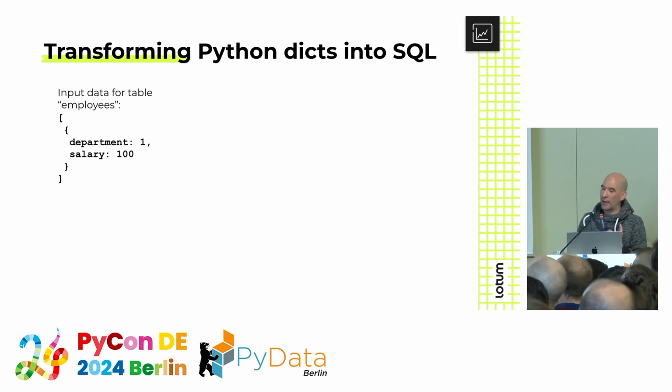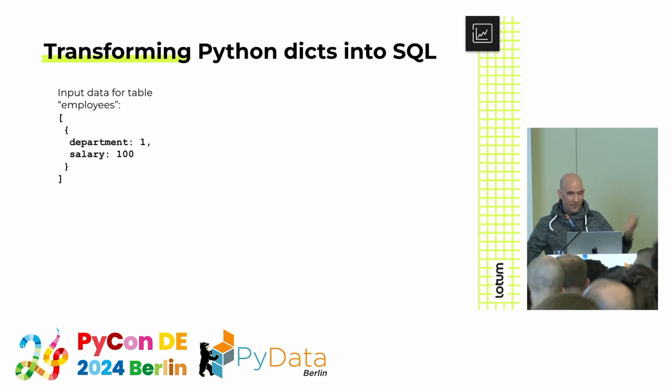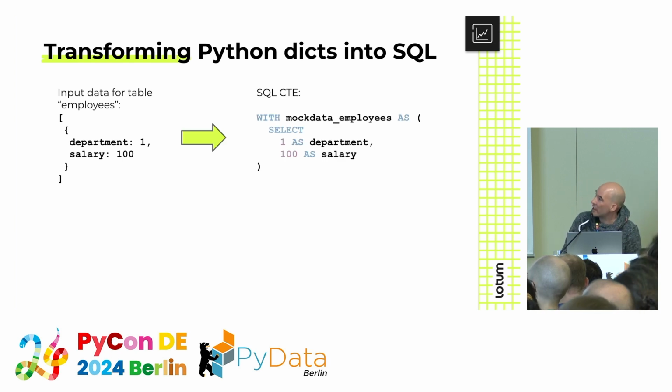If I have my sample case, the simplest one here, just one row of input data defined as a list of dicts, I can transform that into SQL code which contains the exact same information. It would look like this. This is called an SQL CTE, common table expression. You can think of it as a temporary table that only exists for the duration of the query itself. Apart from that, it works like any other database table. You can use it to select data from it. And I call it mock data employees, and it contains the exact row of data which I have in my